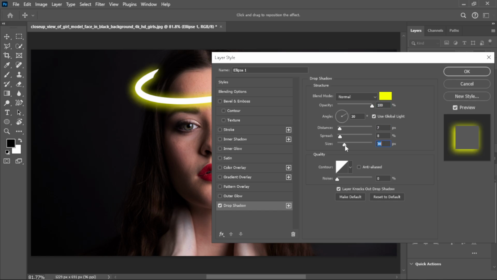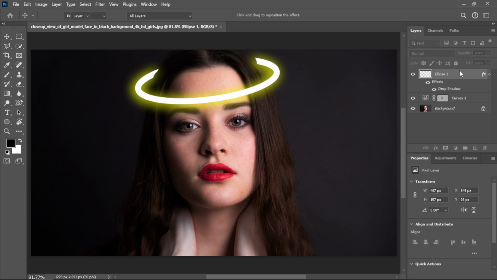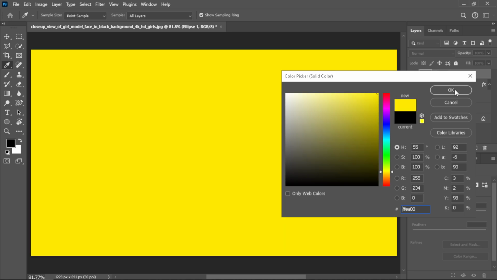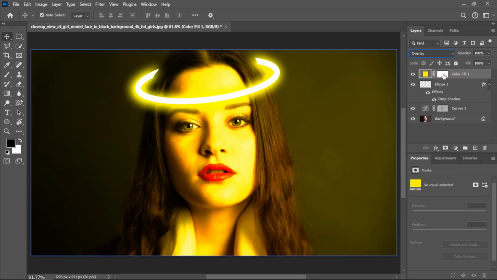To create the light effect, click on Solid Color and add a new color layer. Once the color layer is added, change the layer mode to Overlay. After setting the layer mode to Overlay, select the brush tool again and brush over the areas where you want